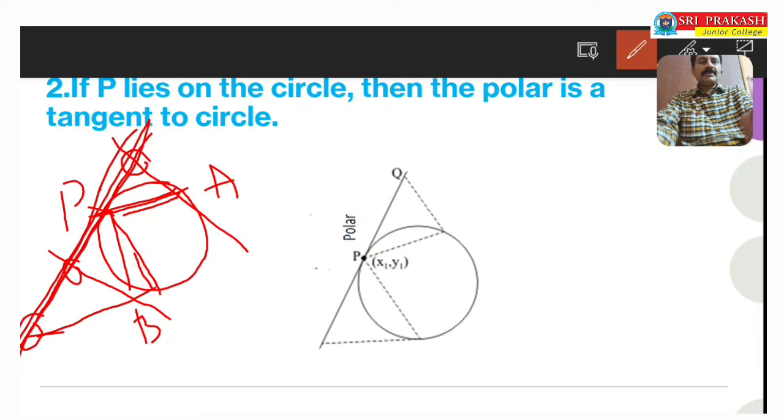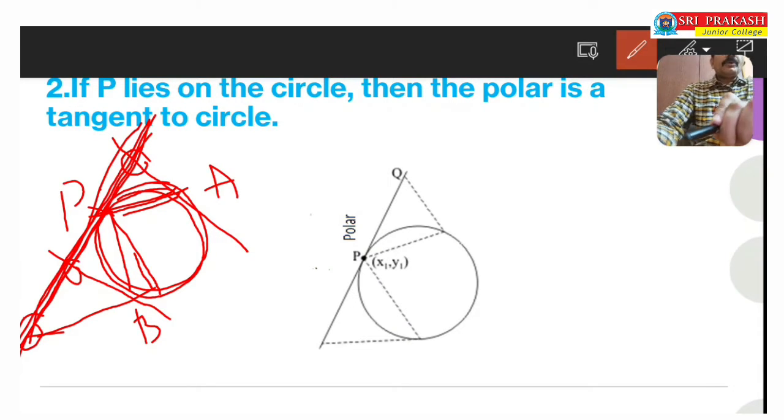So here the observation is that this polar is touching the circle also. In the previous case, when the point is taken outside the circle, the polar is passing through the circle. But here we have taken the point on the circle. When the point P is taken on the circle, this is the polar and it is also touching the circle. So in this case, the polar becomes a tangent to the circle. And the third case,